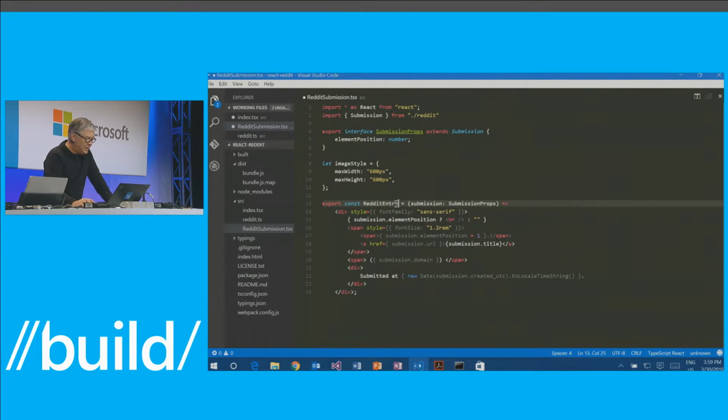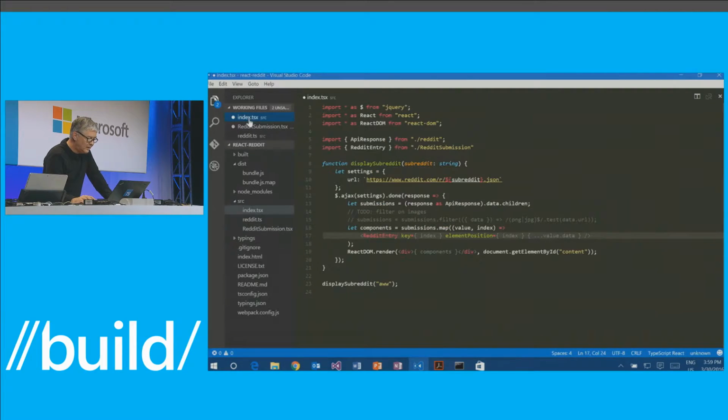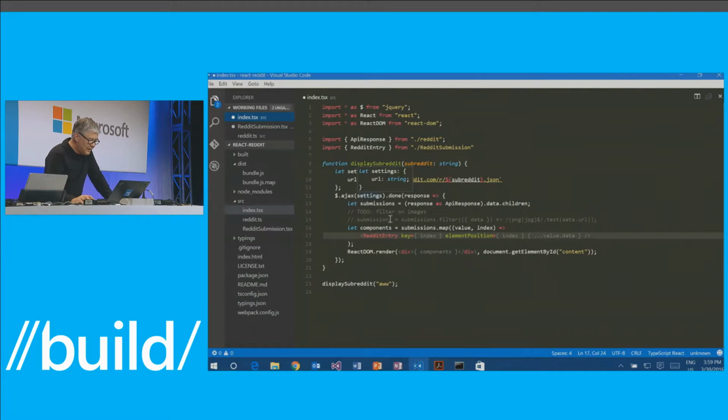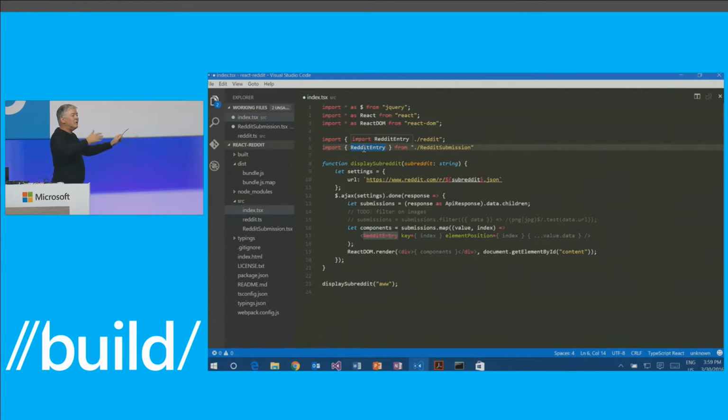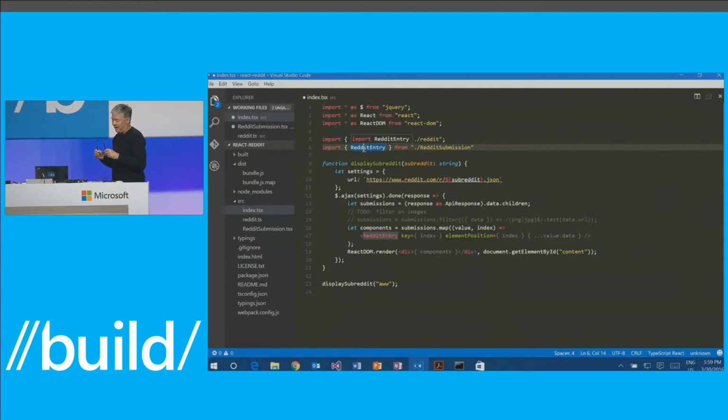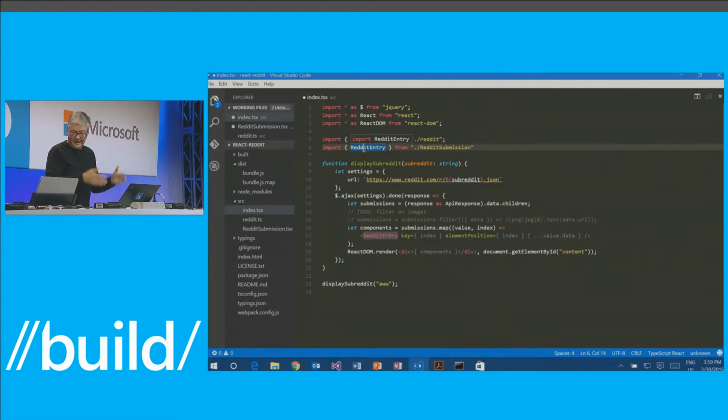You'll see that we changed here, but if I go back to my main file, you'll see that we also changed it in the place that I'm using it over here, and we changed it here where we import. So you can actually do refactorings on JSX markup across large projects and have it all be type safe. I think that's pretty cool.